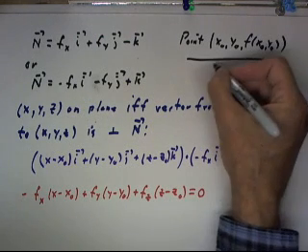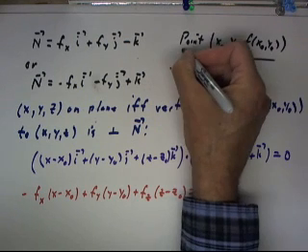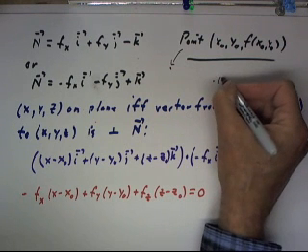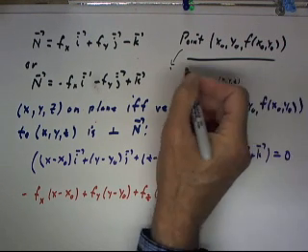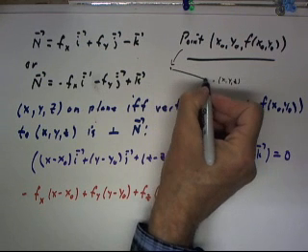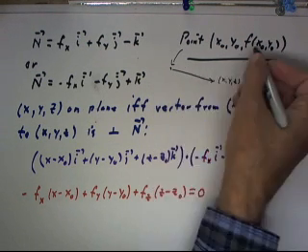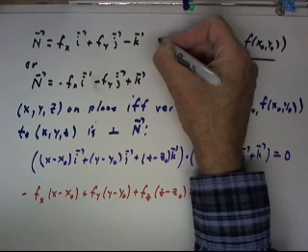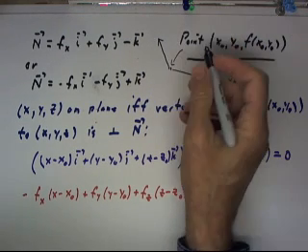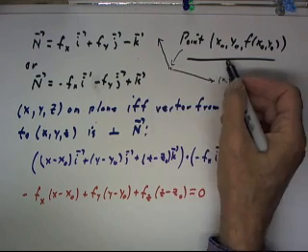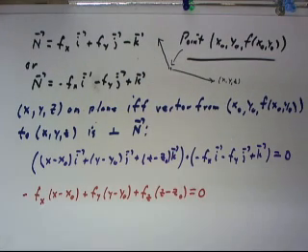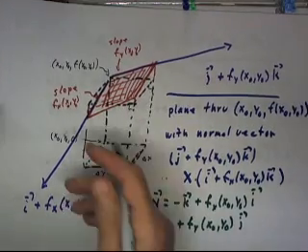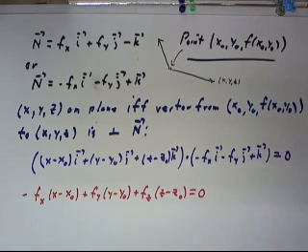If this point represents x naught, y naught, f of x naught, y naught, and this point is x, y, z, then this vector from the known point of our graph to the point x, y, z on the plane has to be perpendicular to the normal vector we get when we cross that vector in the y direction with that vector in the x direction. That is, when we do the cross product of this vector with this vector. And I'll indicate that normal vector, that cross product,